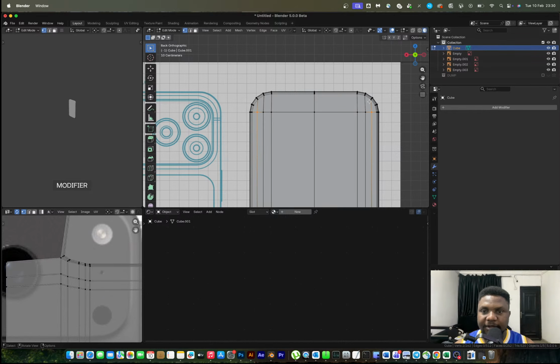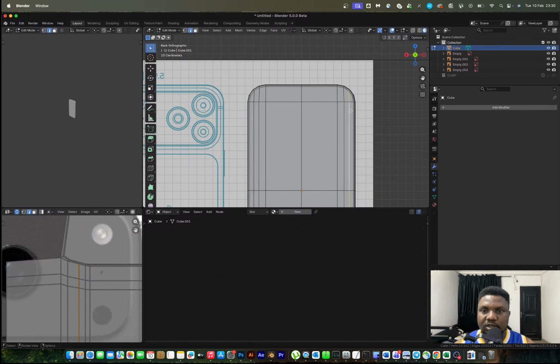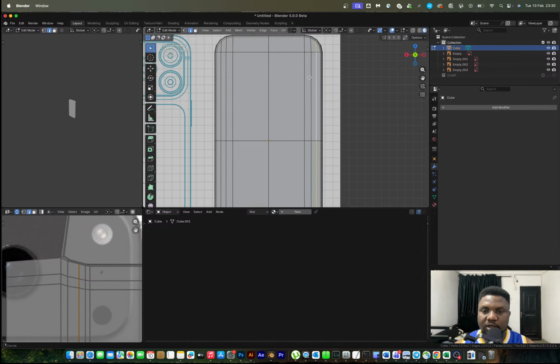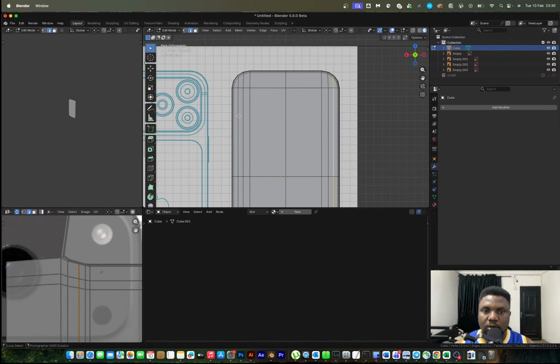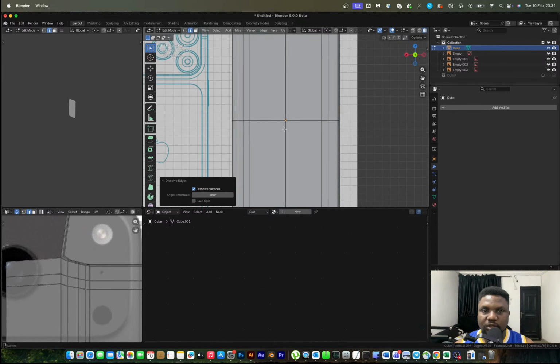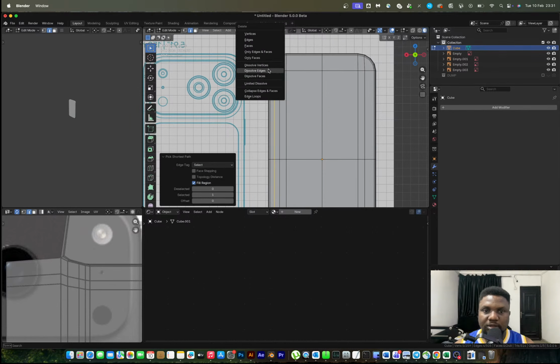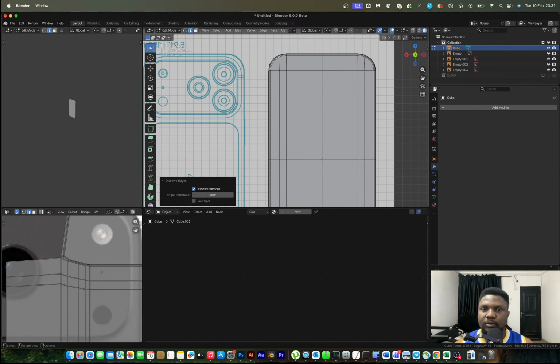I feel like right here, this edge is probably too close to the edge for it to have a loop of its own. And I don't want to keep it so I don't have any problems along the way. So what I'm going to do is select this all the way down to this part. I'm going to dissolve those edges. Same applies to this. Select all the way down to this part, dissolve those edges. So yeah,